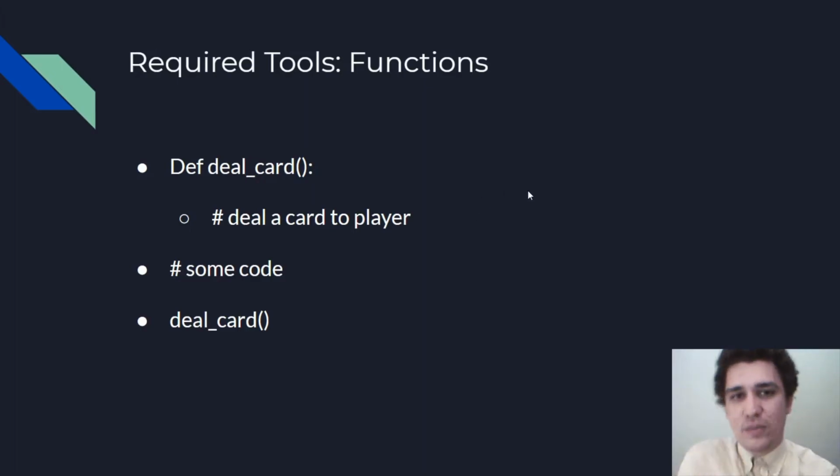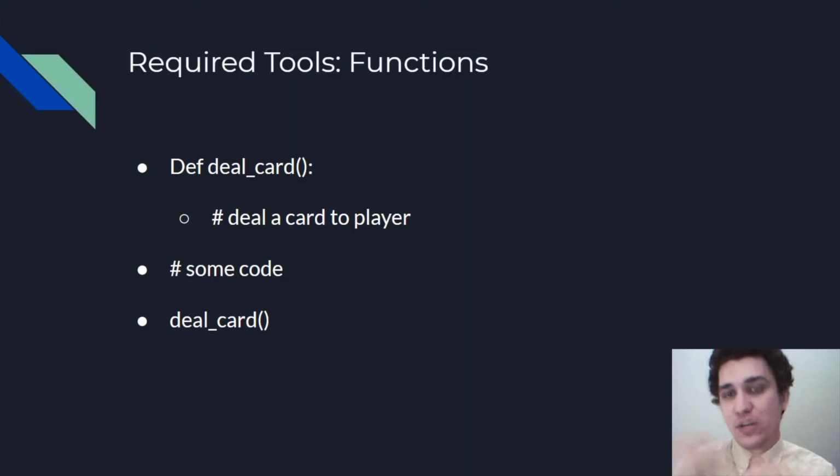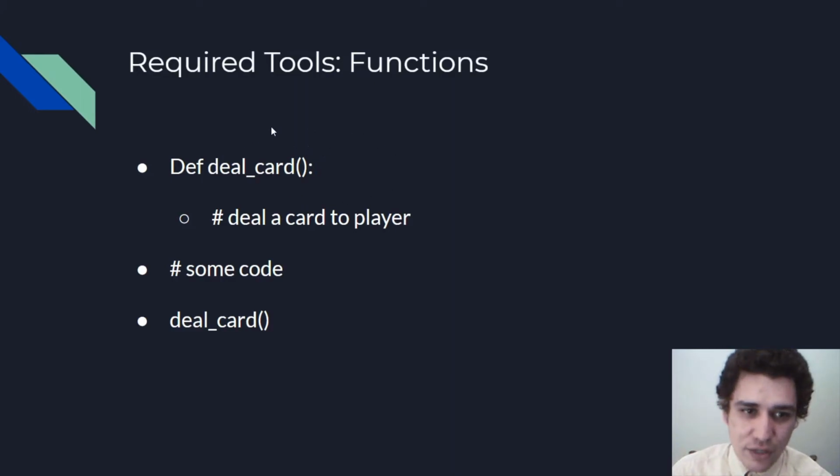Finally, I'd like to talk briefly about functions here. Functions are, generally speaking, a way of combining multiple lines of code into one chunk so that you can run that same chunk of code multiple times over without copy pasting. The way functions operate is we define the function with the def operator, and then we name the function. For example, here we're naming it deal card. Throw our parentheses and colon on, and then in here